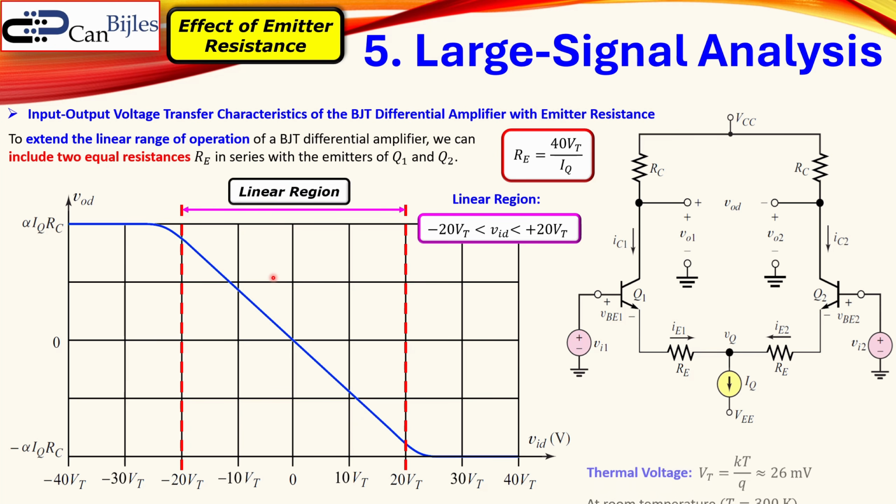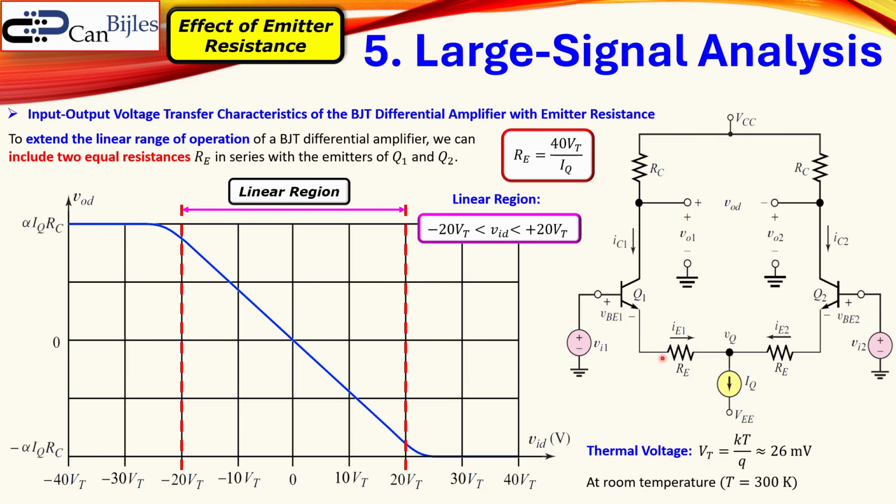If I now calculate that clearly again using the thermal voltage of 26 millivolts, minus 20 VT up to plus 20 VT, if you do that, it's approximately a half a volt. So minus 0.5 volts up to plus 0.5 volts,